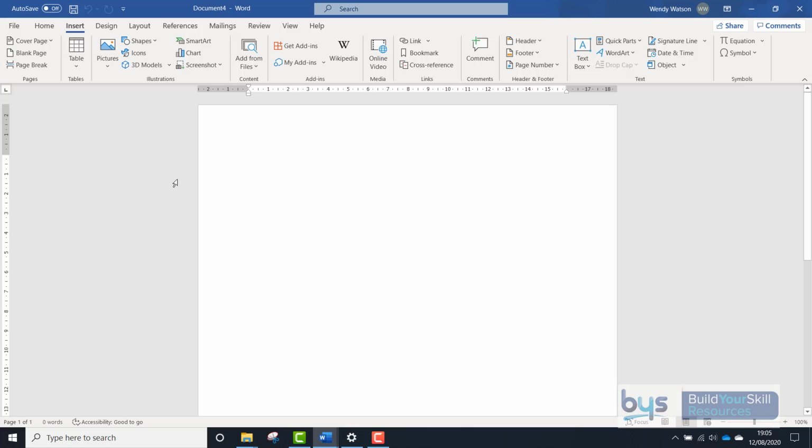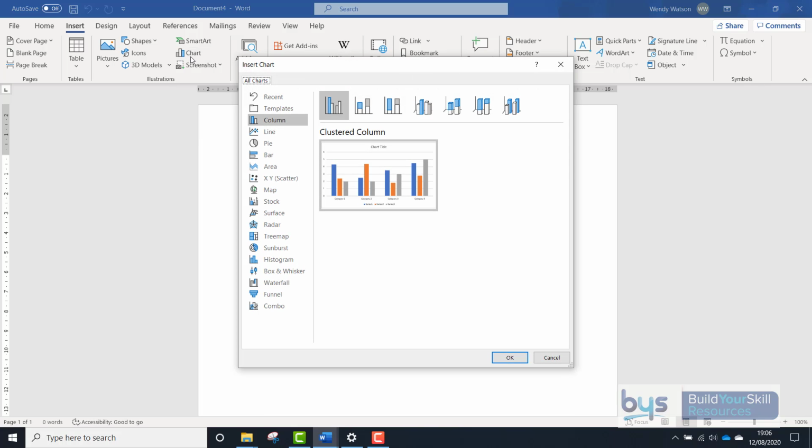You can actually insert a chart directly into Word. Now normally you would have Excel and you would have created your chart in Excel and copied and pasted it into Word or imported it in. But if you're trying to create a graph just very quickly and you're in the middle of a Word document and you have the data to hand, you can actually do it straight from here. So within Illustrations, this time into Chart, click on it once, choose the column, we'll just stick with clustered column,